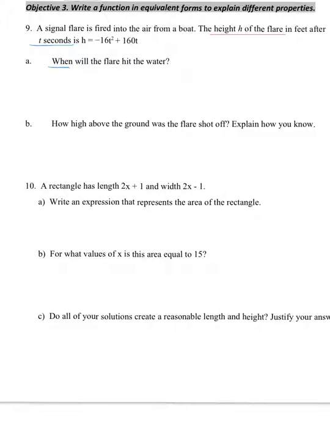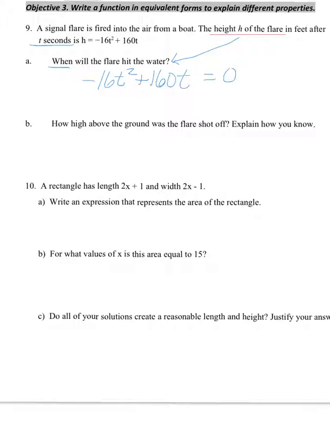So you have to think, what is the height when it hits the water? Hitting the water is a height of 0 because the water is on the surface. So we would write this equation as negative 16t squared plus 160t, and we would set it equal to 0. Now, you could use the quadratic formula from here, which I think would be the least efficient way of doing